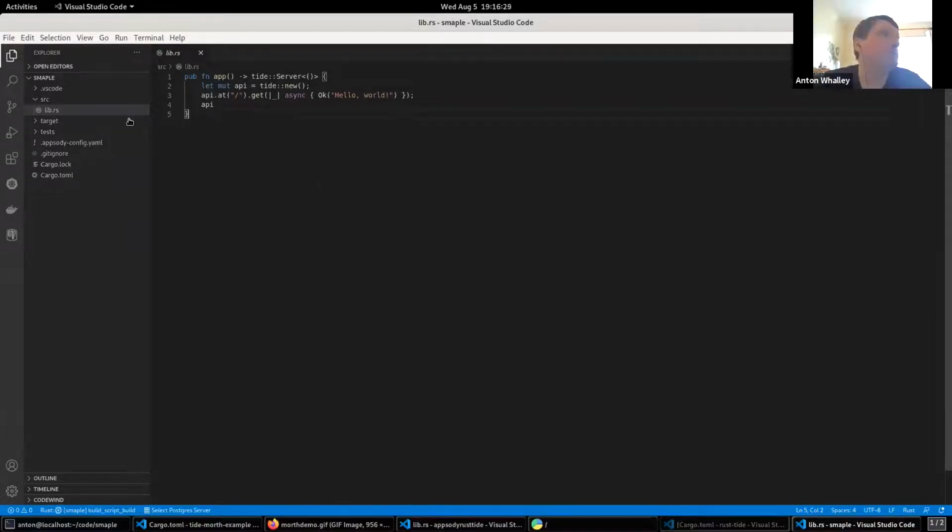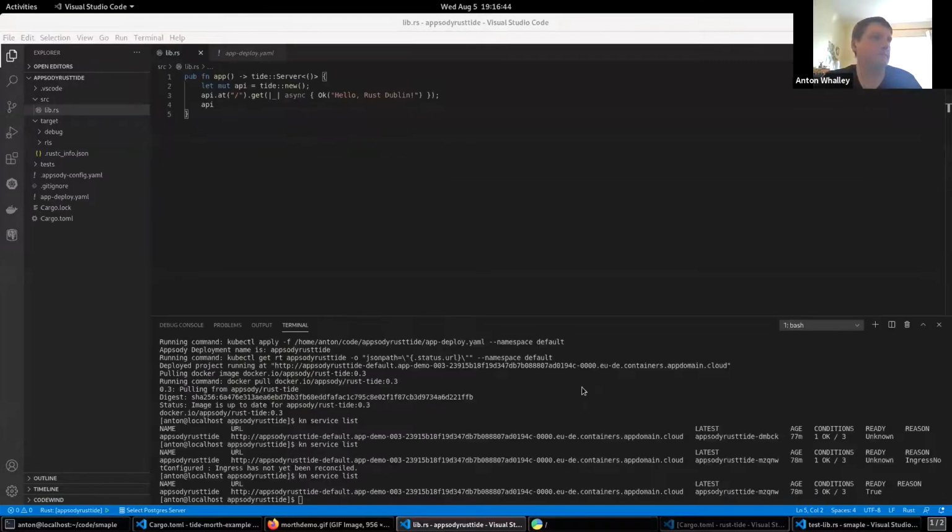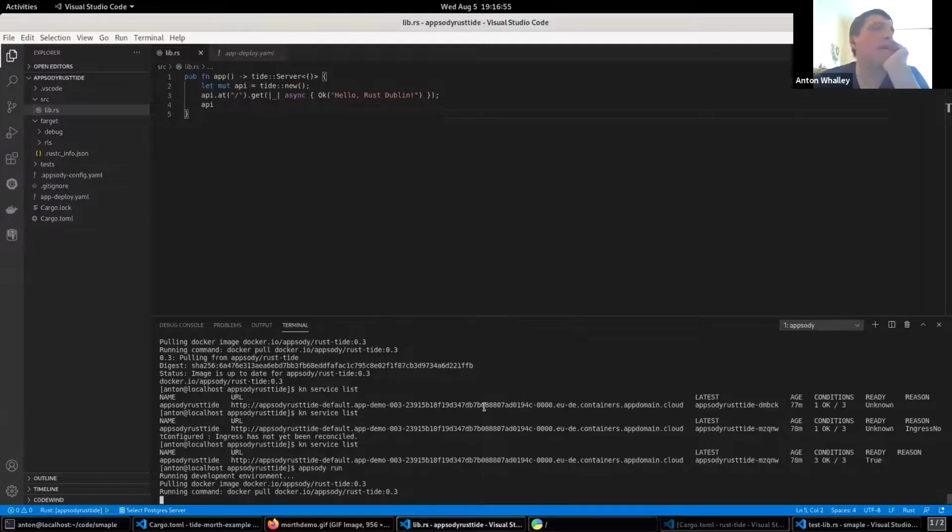Okay. And again, you get some tests that come alongside with that as well. So this package will run and test against that API. So there's that full software development lifecycle that comes along with it as well. Okay. So what I've done here is, this is one that I built earlier. So it also has